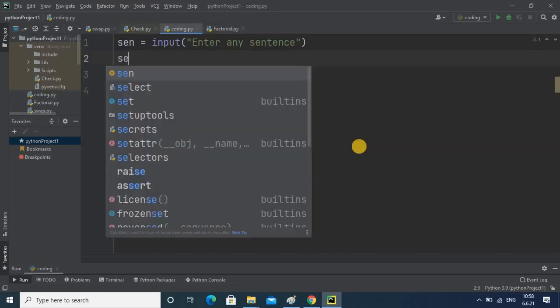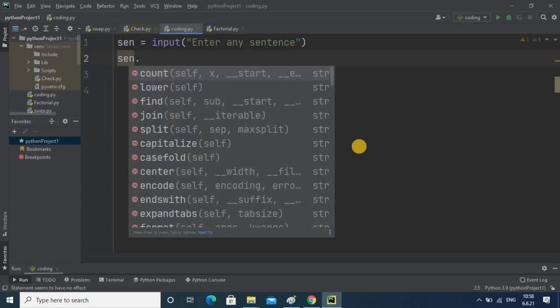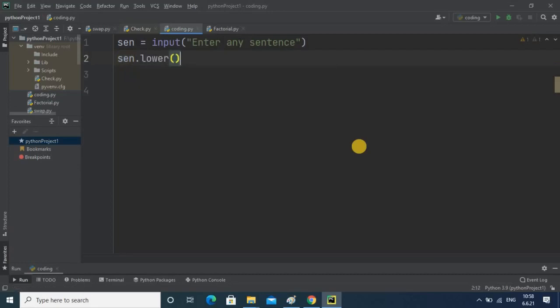For that we write scn dot lower, and assign it to a variable, string, which will hold all the lowercase letters.